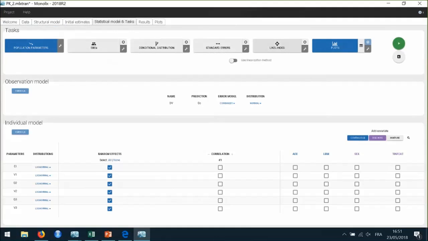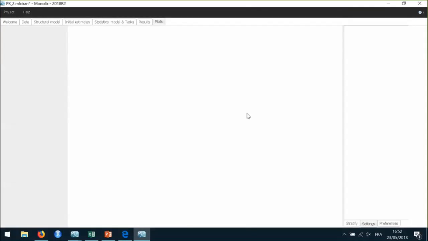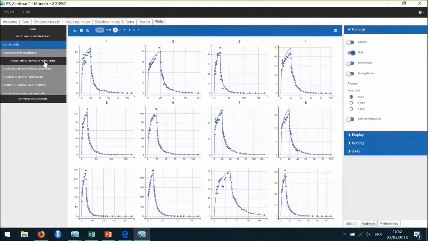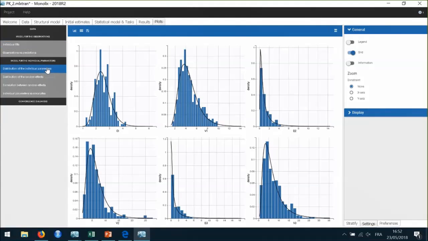Then finally, I can run the plots again. With these new plots, I can first check that there is no misspecification of the individual parameter distribution. So I can have a look at the plot distribution of the individual parameters.